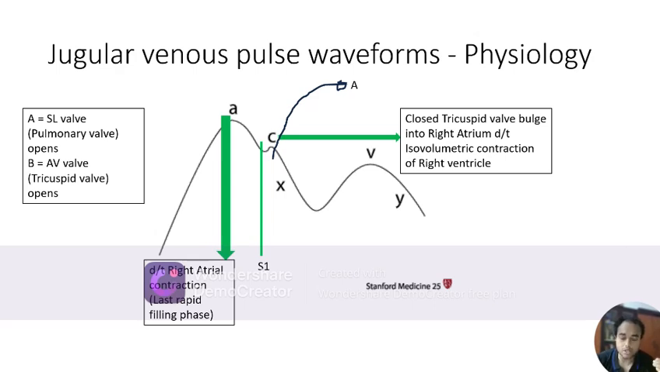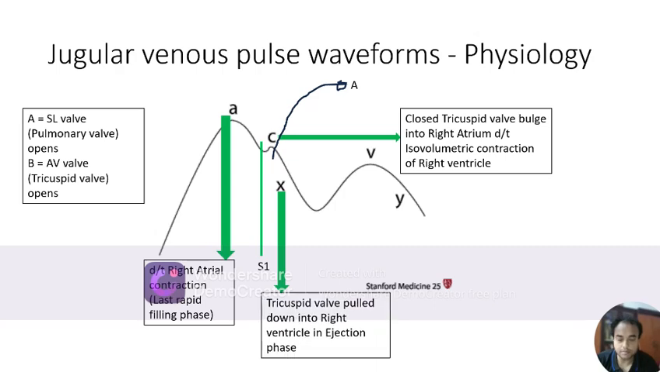Now, as the right ventricular pressure rises, a point comes when the right ventricular pressure becomes higher than the pulmonary arterial pressure, resulting in opening of the pulmonary valve at the point A, as has been mentioned. As the pulmonary valve opens,